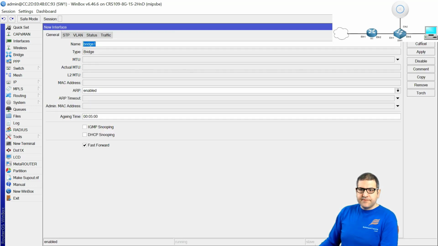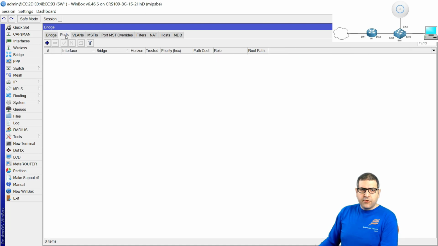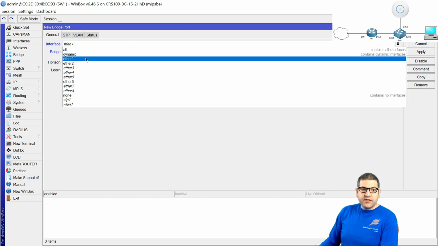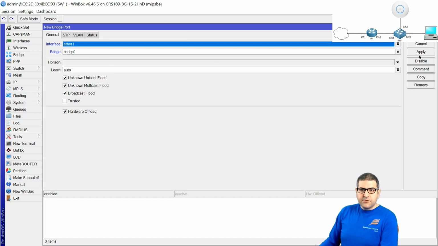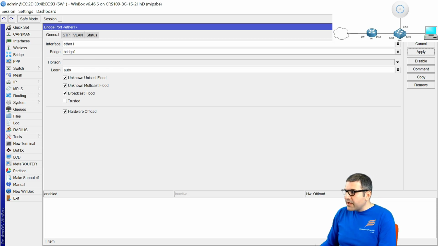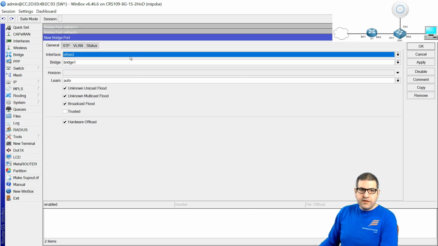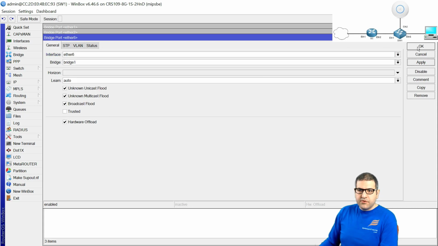We make a bridge. And then we go to the ports which are going to be inside the switch, because the bridge means switch. So I say here that I want to have Ethernet 1. That's 1. And then let's look at the picture again. We have Ethernet 1, we have Ethernet 2 and Ethernet 6. Yeah. So this is 1, and then I'll make a copy. I will make Ethernet 2, apply, copy, and Ethernet 6, which is the one connected to the computer, this port,